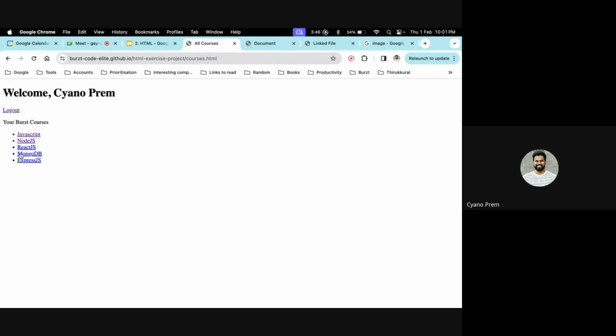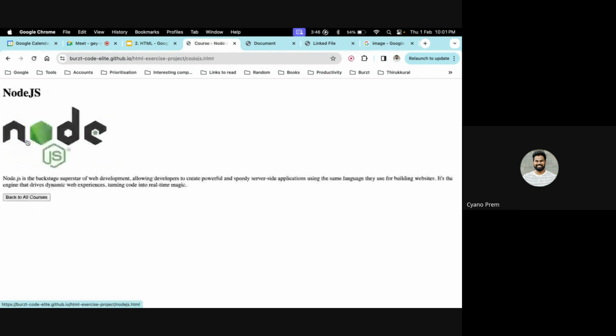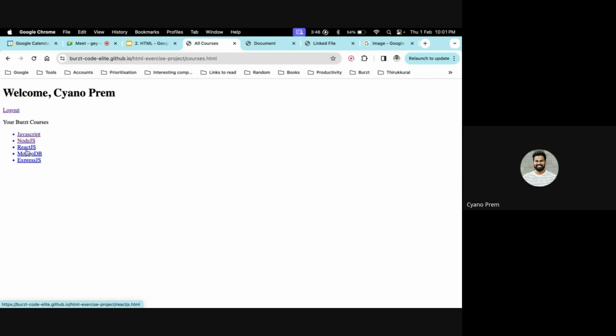And once I click here, it should come to courses.html. And within that, we have multiple courses. Each one is a list and a link. Okay, you have to figure out how to do this. It's a kind of task. Okay, it's not a very difficult task. If you go through the things before, you will eventually figure out how to do this. Okay, so each one is like a separate page. So we have a separate course page for JavaScript. If we go back to courses, we have a separate course page for Node.js. Okay, then back to courses. Like that, we have multiple course pages.